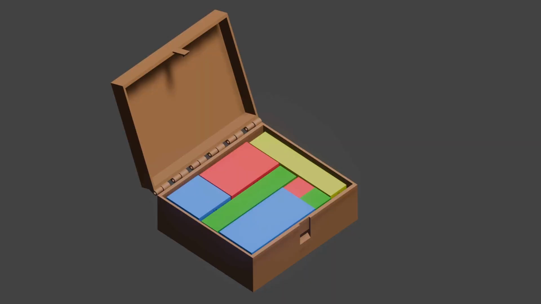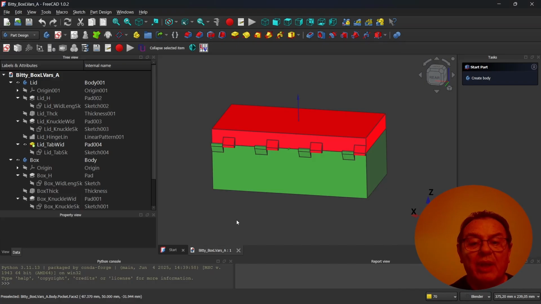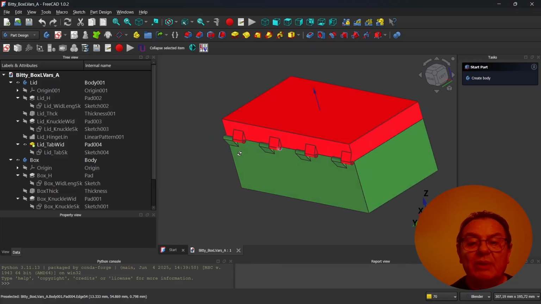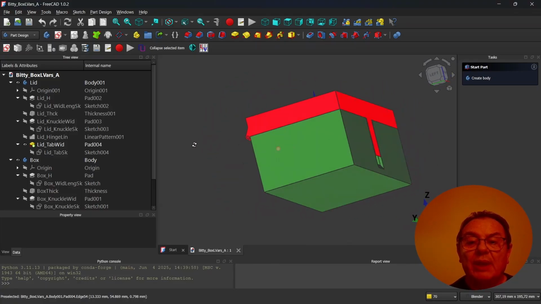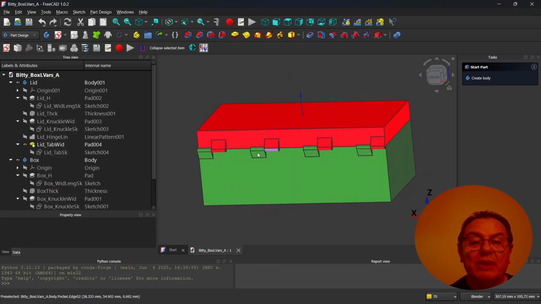For the demonstration I used a drawing also posted on the FreeCAD forum, another BT box but parametric. It also didn't have much success, but in this case I needed to explain the features of Alvarset. Okay, here we are: the BT box, the closure tab, the hinge and its knuckles.